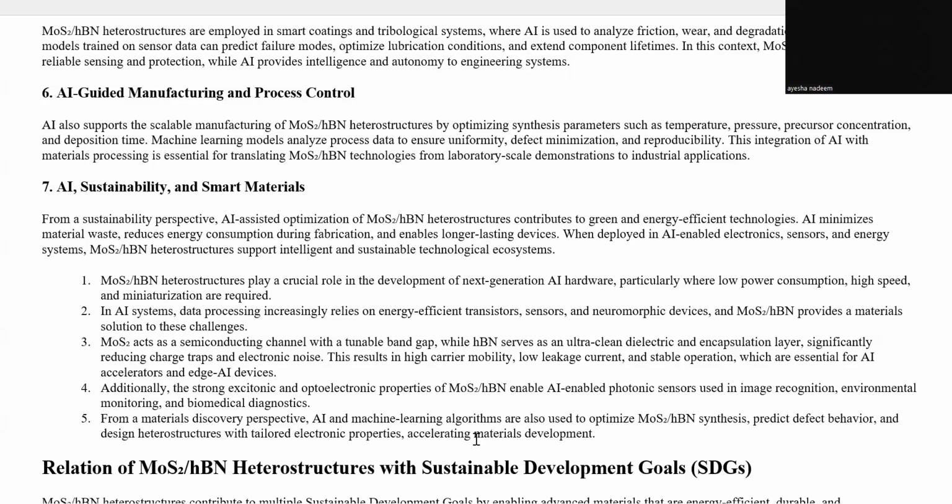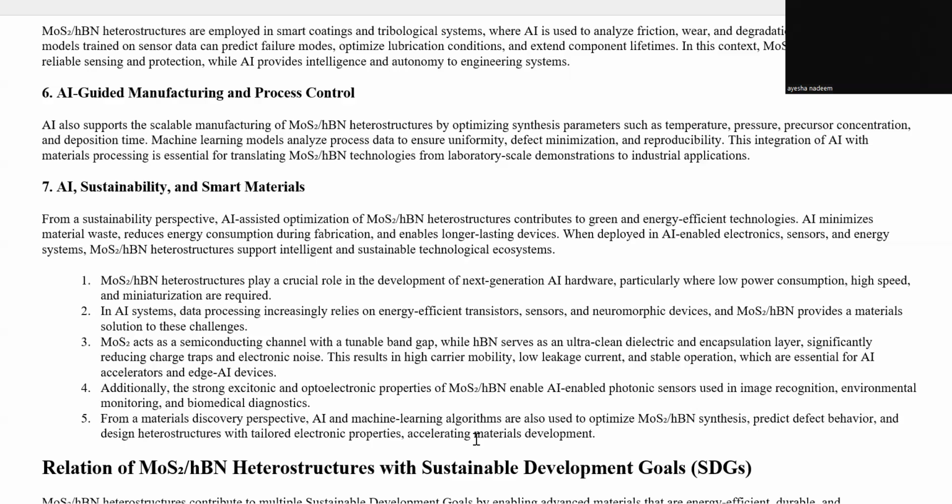Molybdenum disulfide acts as a semiconducting channel with a tunable bandgap, while hBN serves as an ultra clean dielectric encapsulation layer, significantly reducing charge traps and electronic noise. This results in higher carrier mobility, low leakage current, and stable operation, which are essential for AI accelerators and edge AI devices. The fourth one is the strong excitonic and optoelectronic properties of molybdenum disulfide and hexagonal boron nitride, which enable